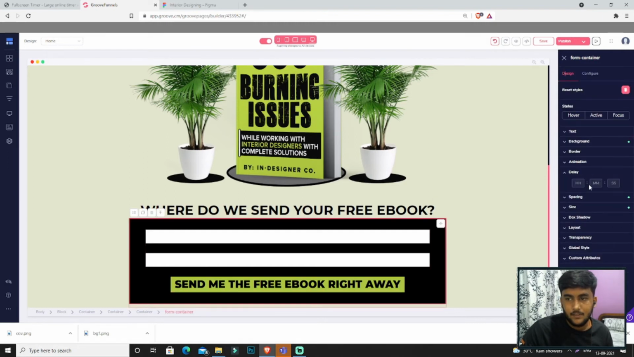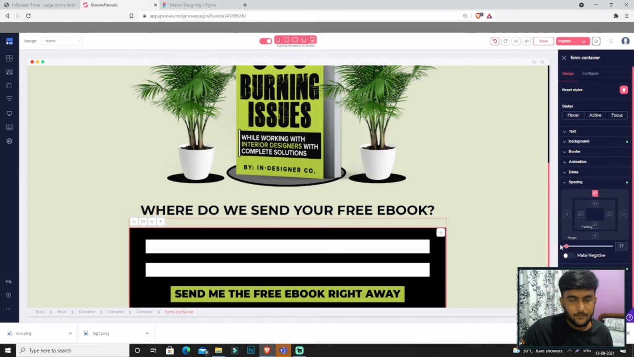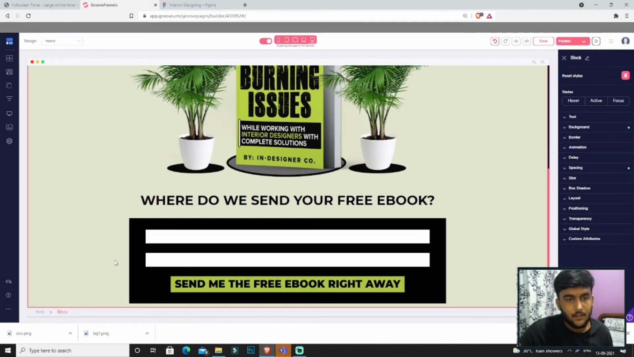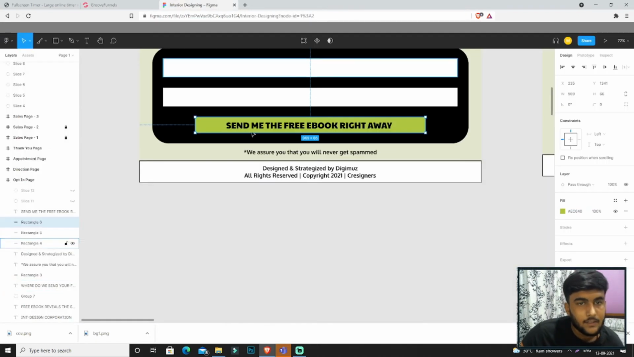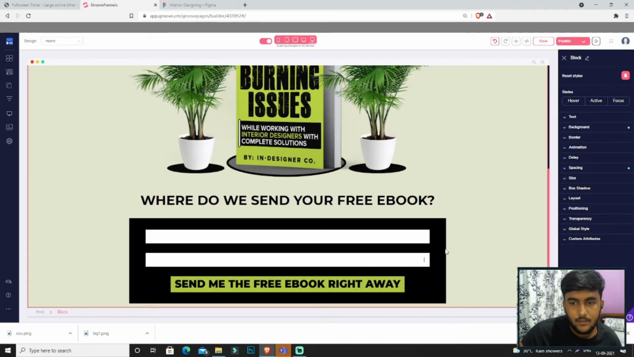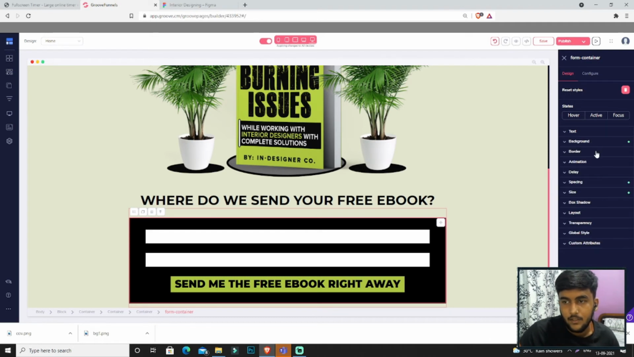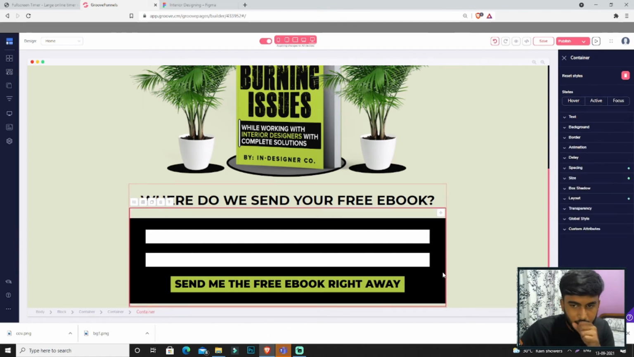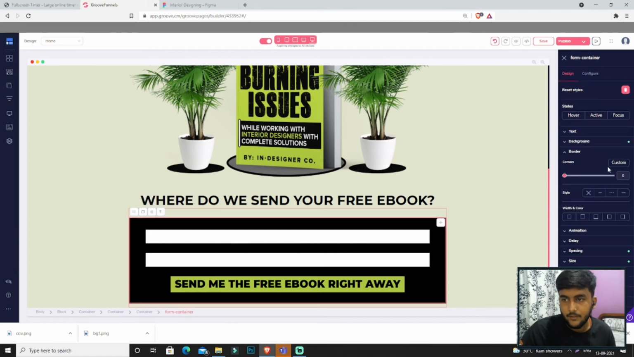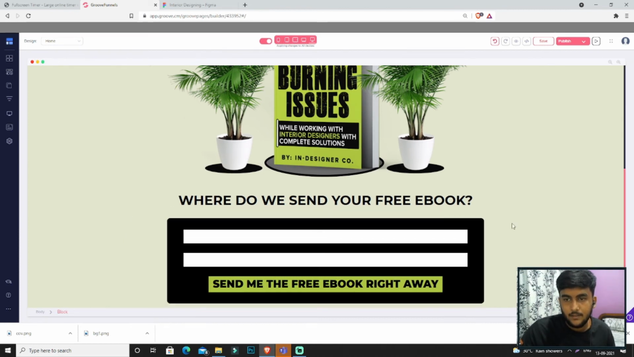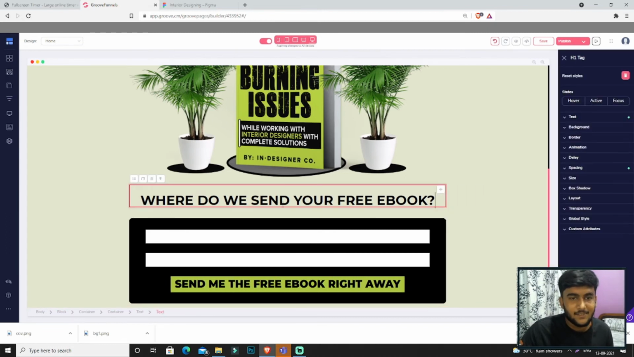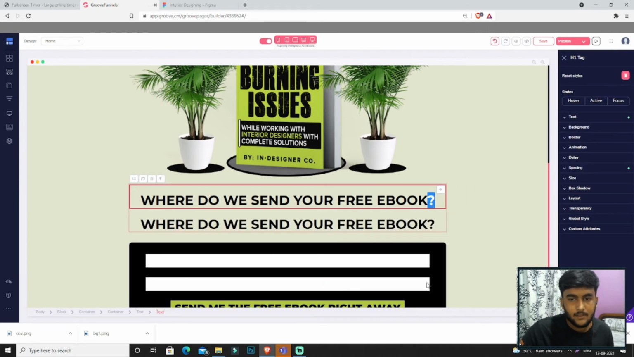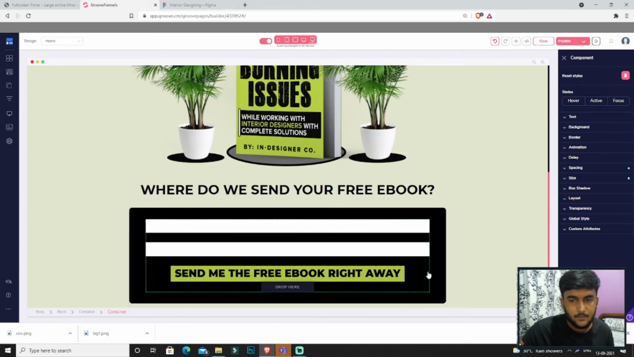Now as you can see, the borders are at right angle, right? But over here they are curved. So what we can do is simply head on to borders, click on that container. We will click on borders, head on to custom, change it to 0.75, and it is curved now, right? It is that simple. So we'll just copy this and take this